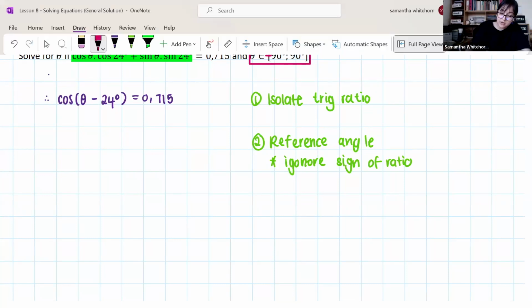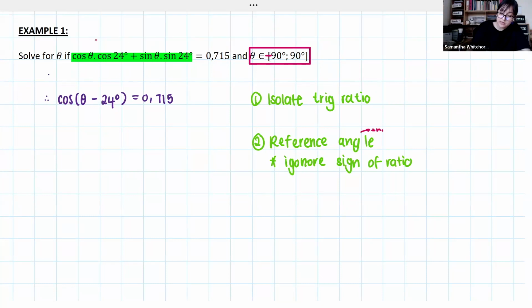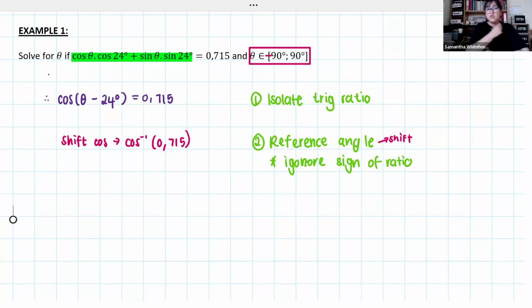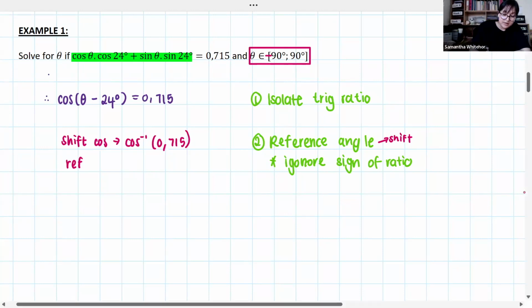You use shift on your calculator, so I'm going to say shift cos, which gives cos inverse, and I type in 0,715. In this case, the sign isn't super important because it's a positive ratio. If it was negative, it would matter. And through this, we get that our reference angle